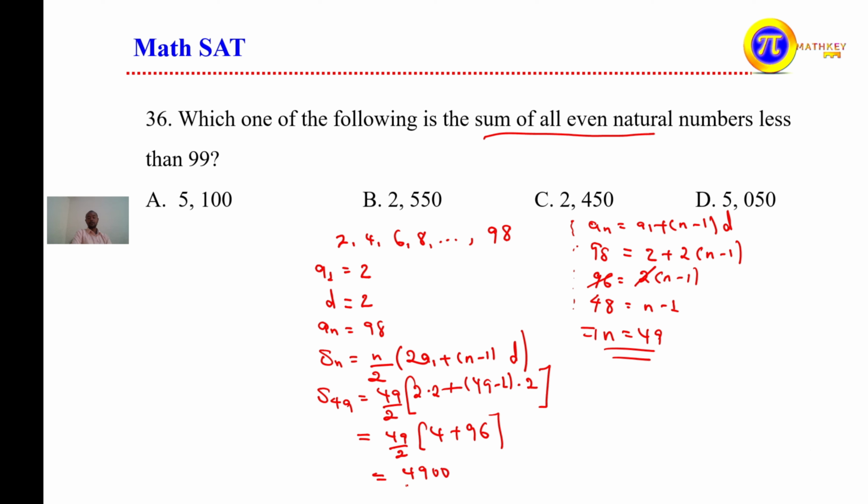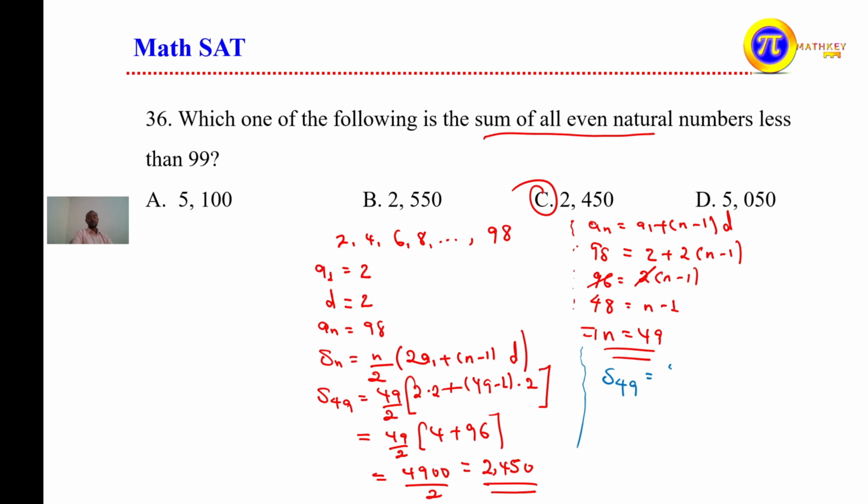4900 ሲካፈል ለ2 ይሆናል ማለት። What is that? 2450 ይሆናል። ወይም 50 times 49 ብለን መስራት እንችላለን። So the value or the solution for our problem is 2450 ይሆናል። ወይም ምን ማድረግ እንችላለን? n ናችን 49 መሆኑን ስላወቅን ምን ማድረግ እንችላለን ማለት s of 49